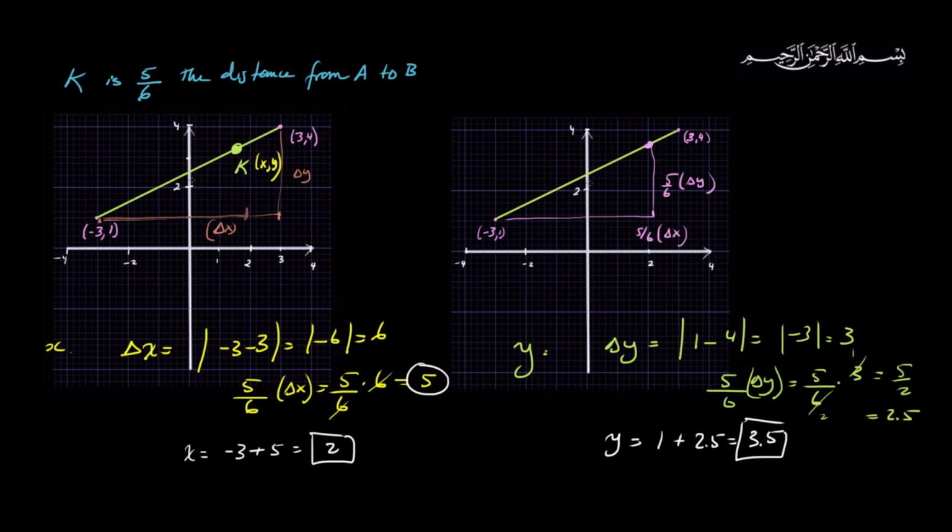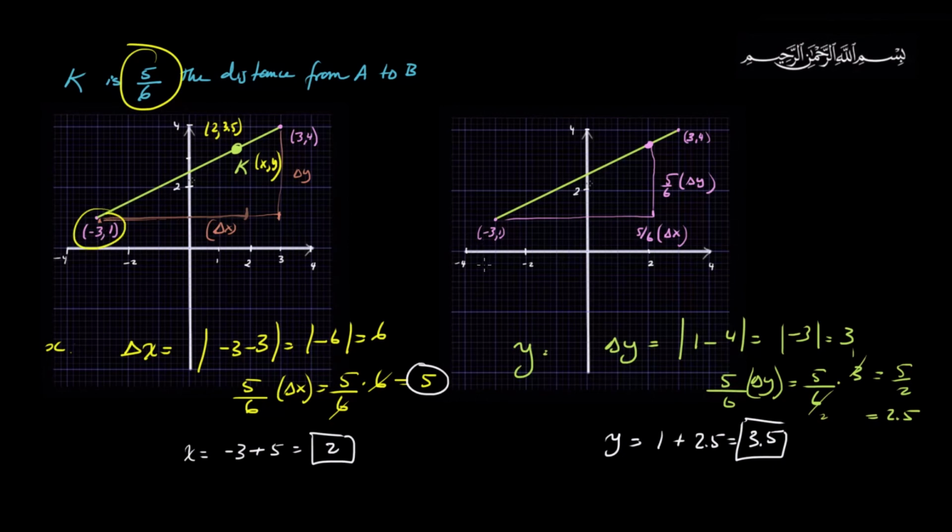There we go. That's pretty good. So K is going to be 2, and that's this point over here. Let me draw it close to over here. 2 and 3.5, and we're done. Again, the idea was to find the distance in the x direction and the distance in the y direction, take the fraction that you want, and add that fraction to the ordered pair where you're starting from, where you know the